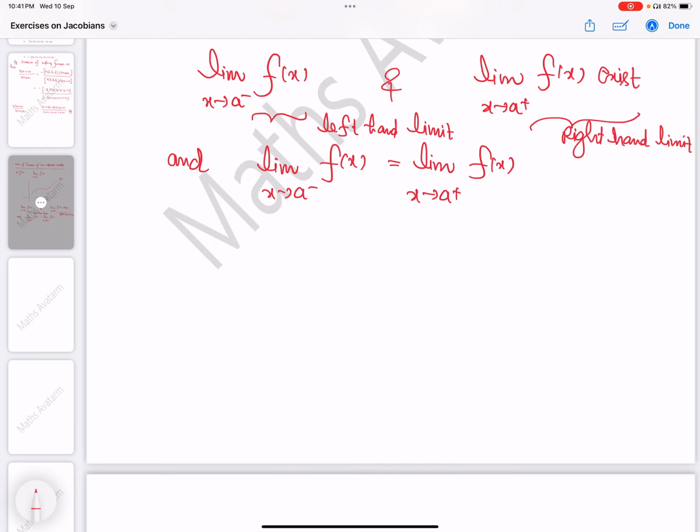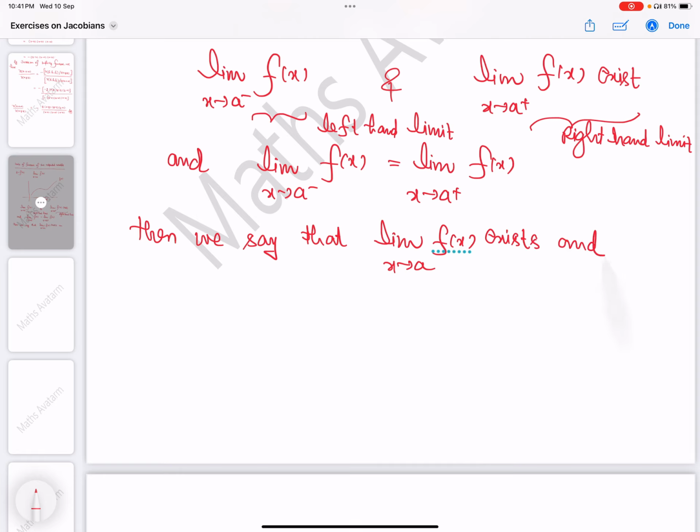So if the left hand limit and right hand limit exist and they are equal, then we say that the limit as x tends to a of f(x) exists